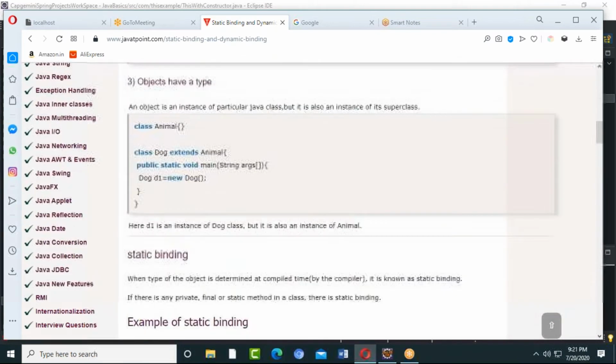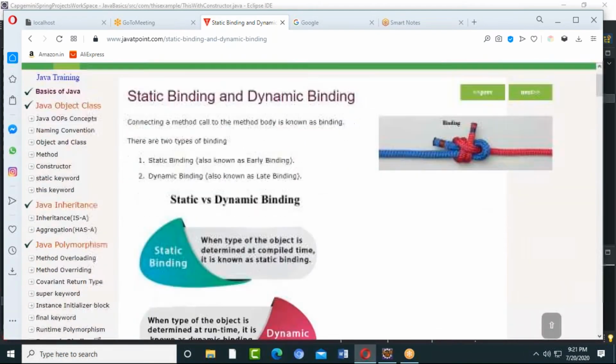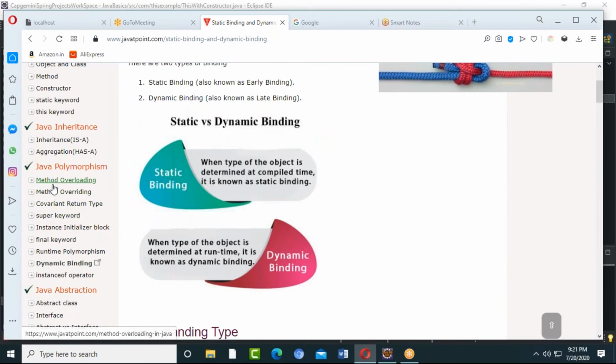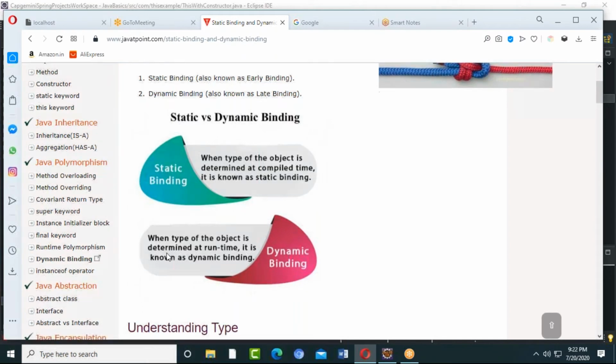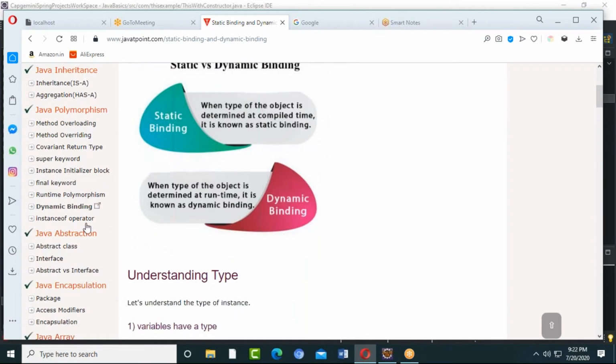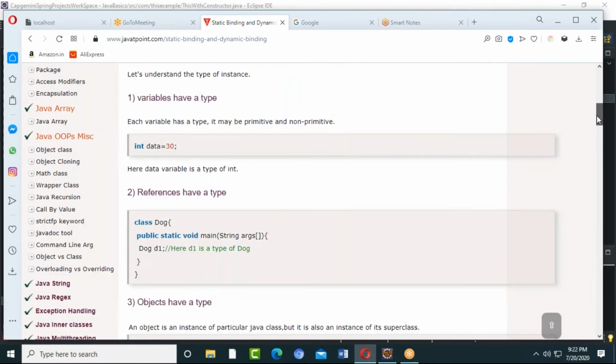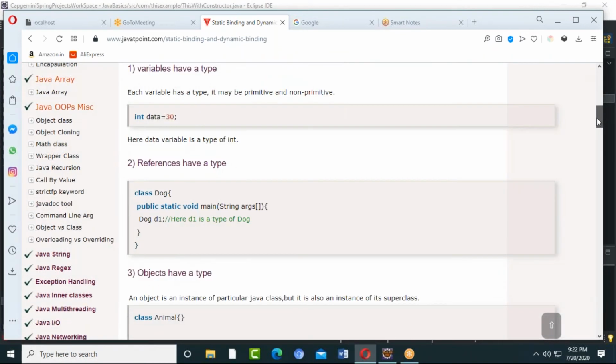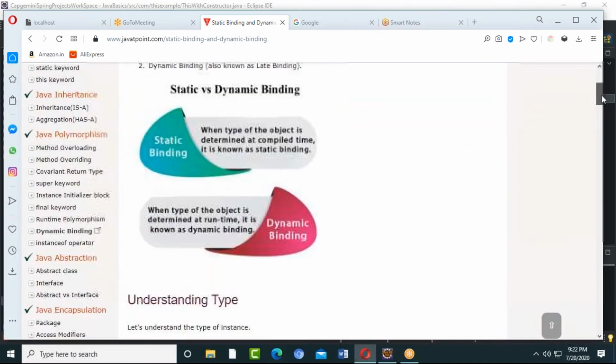Simple. That's it. So we have seen so far what method overloading is, what inheritance is, what aggregation is, what the this keyword is. These are the things we have discussed. There is something else also. We'll be continuing the same thing in the next class. We have abstract classes, interfaces. If you want me to discuss, I'll discuss. Otherwise, I'll directly go to encapsulation and arrays, strings and all. It's up to you.